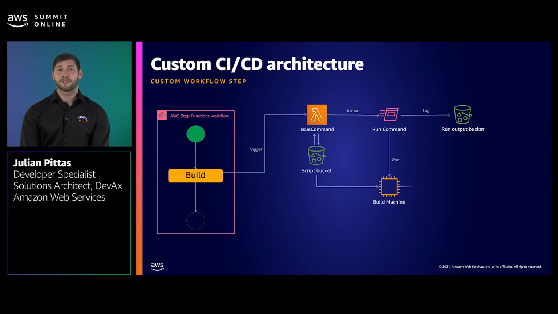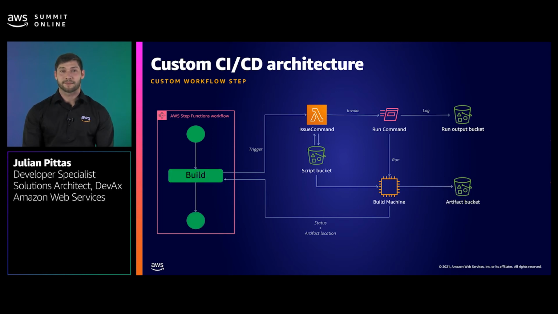The build script will continue to execute, and as one of the build steps, it will publish a build artifact containing our application into an artifact bucket. Once the build script is finished, our step function wrapper code will run and communicate the S3 key and our latest artifact back to step functions, along with the success status. This will complete our custom step and finish the step function custom workflow. CodePipeline will detect the status change and continue our build pipeline.